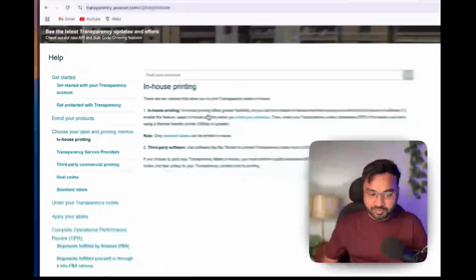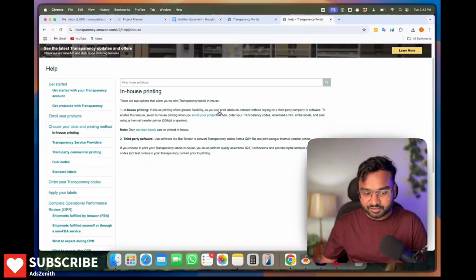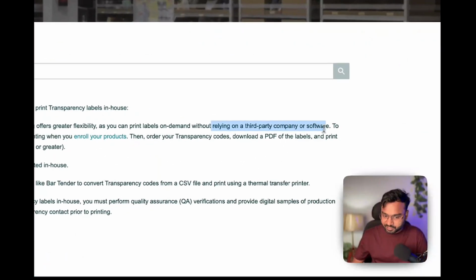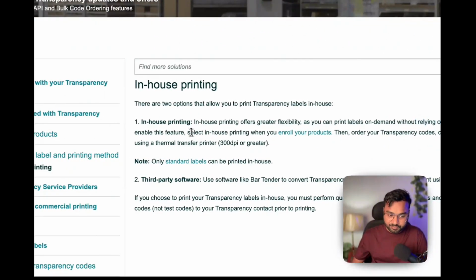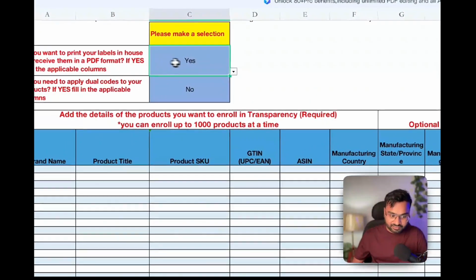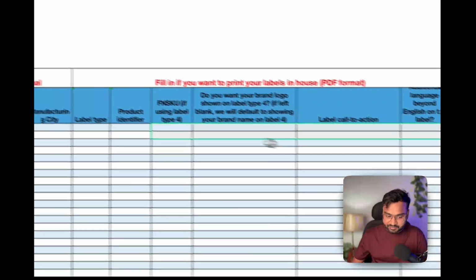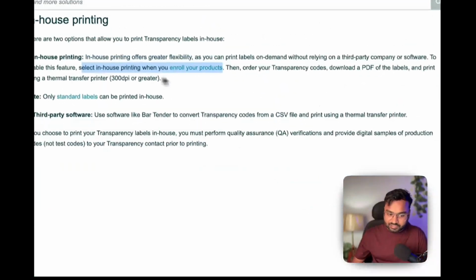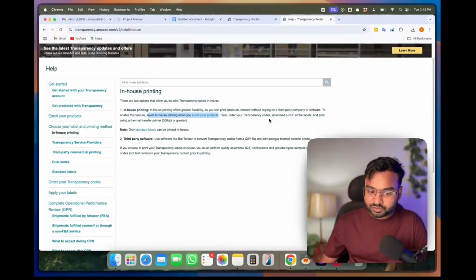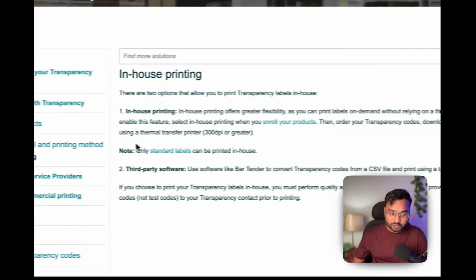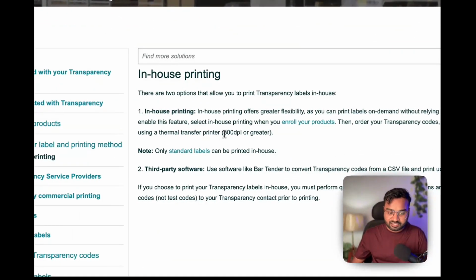In-house printing offers greater flexibility, of course, because you can print your labels by yourself, and you don't need to rely on any third-party company or software to enable this feature. Select in-house printing when you enroll the products, like I showed you here. Simply select yes, and then you fill in all these details. And then go back. Okay, then in order to print these transparency codes, download the PDF of labels and print using a thermal transfer printer, 300 dpi or greater. So this is a way you can get these